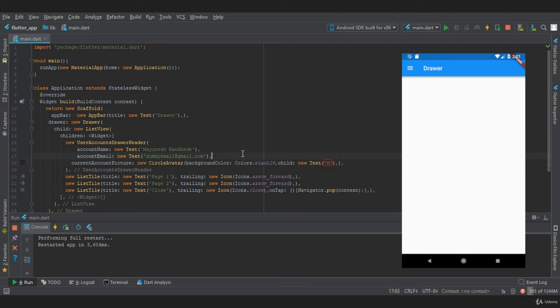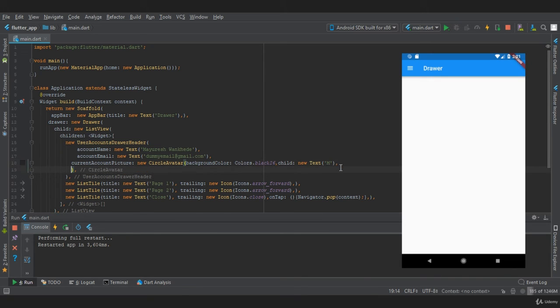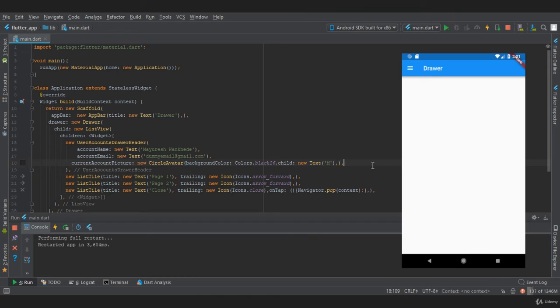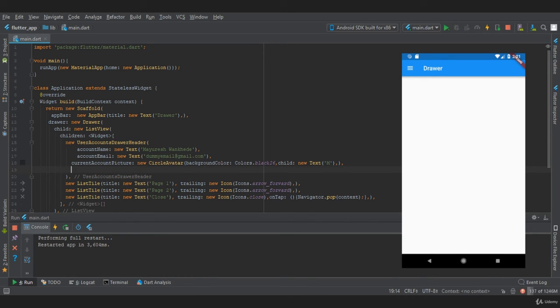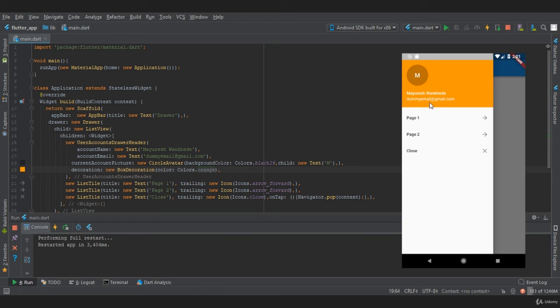And the next property that we are going to see in UserAccountsDrawerHeader is decoration. In this we need to add a new BoxDecoration widget in which we are going to provide color, let's say Colors, and we will give orange. Now let's start our app. Now if we press on the drawer icon, you can see that we have added